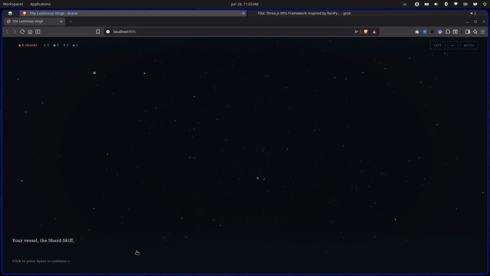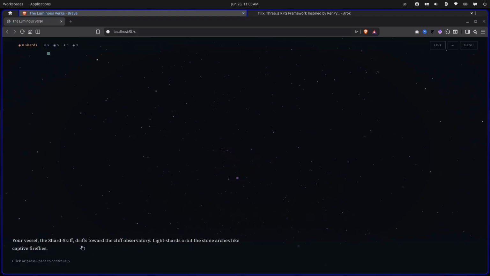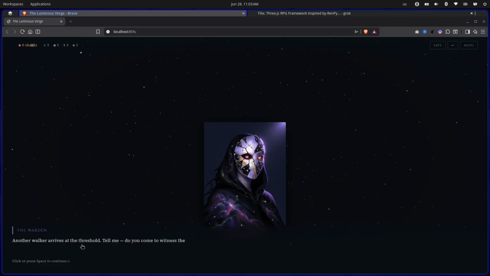Your vessel, the shard skiff, drifts toward the cliff observatory. Light shards orbit the stone arches like captive fireflies. The warden: Another walker arrives at the threshold. Tell me, you come to witness the end, or to bargain with it?